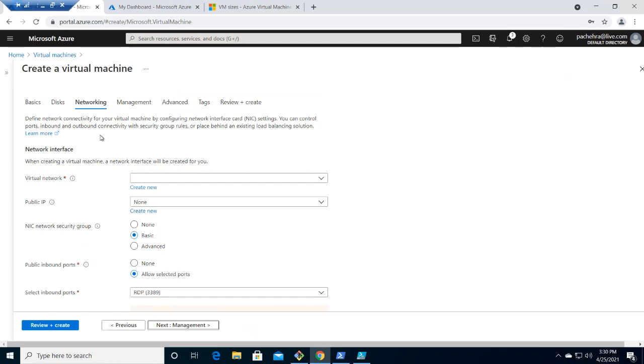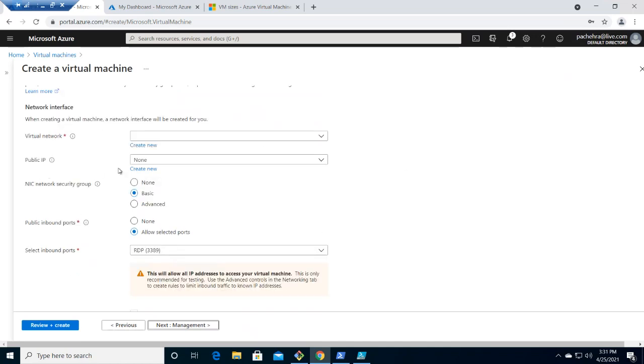Here we need to place our virtual machine inside a virtual network. We cannot have a virtual machine without a virtual network. Even if we are just running the simple command to create a virtual machine without selecting the virtual network, in the backend PowerShell was creating it, and in the CLI it was creating it. But if that virtual network is already there in the existing resource group, it will select the existing virtual network by default. So we need a virtual network to create a virtual machine. Similarly, public IP, it depends what kind of virtual machine it is.